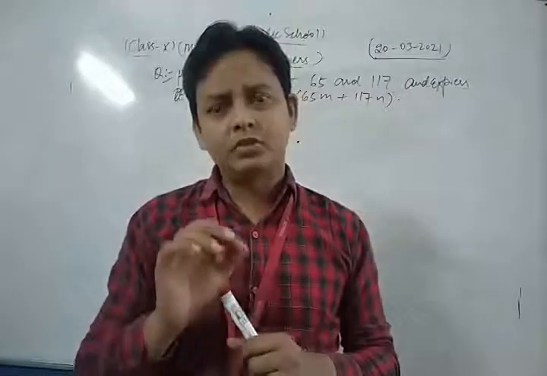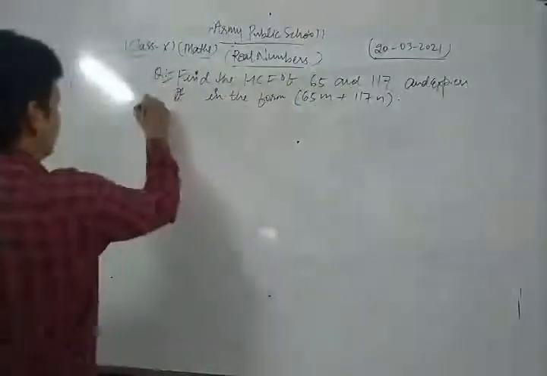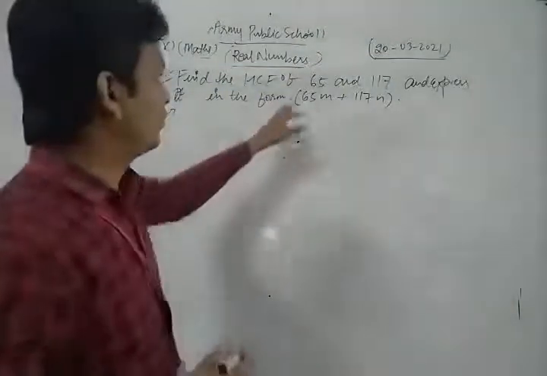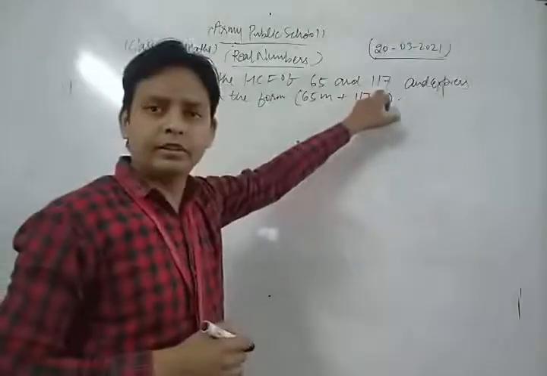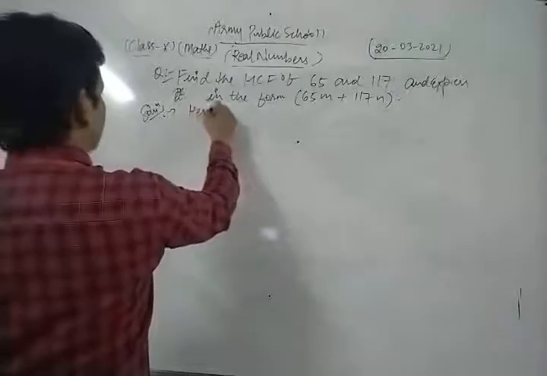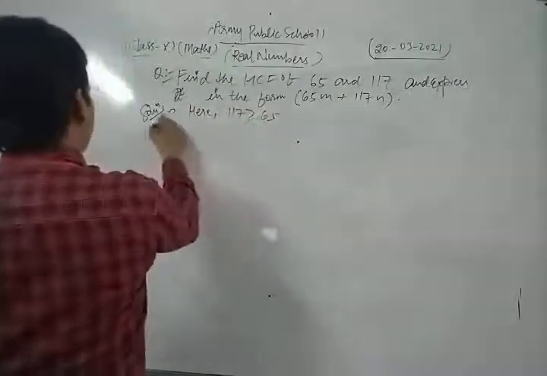So please, dear student, do more and more practice of this type of question. Let's see the process to solve it. First of all, we find the HCF of 65 and 117. Here 117 is greater than 65. Thus